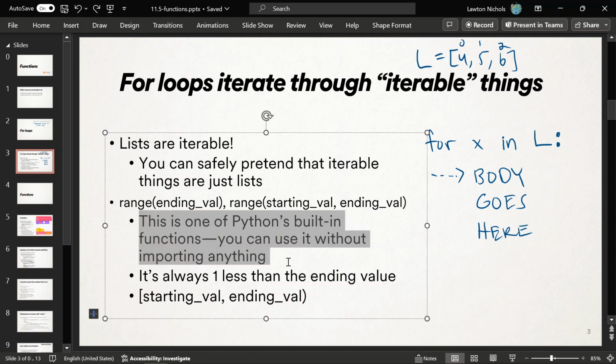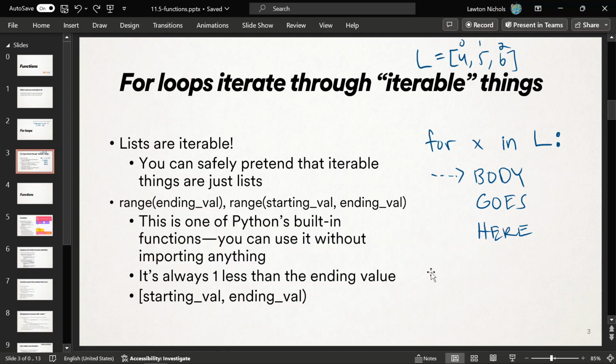So this is a built-in function. You don't have to import anything. Just use it like len, for example. So yeah, you say range something. Let's say I want to make a list of numbers to go through. I want to go through the numbers 1 through 10. Like if I want that range, 1 to 10, the way you get it is you say